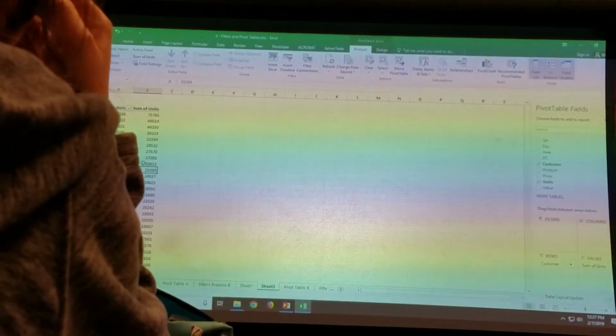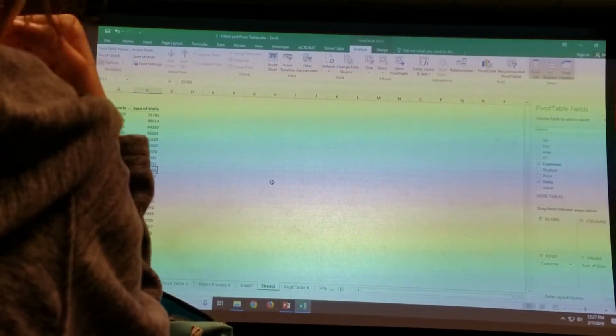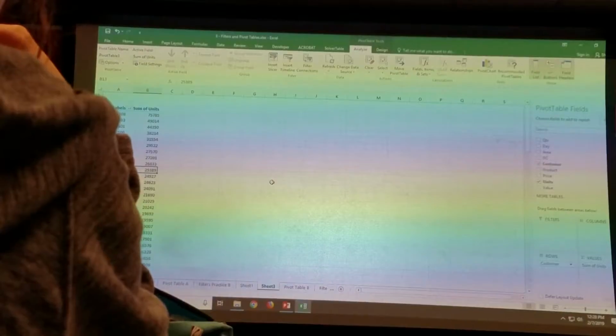Not by something that I can do when I right click on this. Okay, that's not how I'm going to do it. When I am in this pivot table, and I have my two different menus up there for my pivot table tools, on the Analyze ribbon,